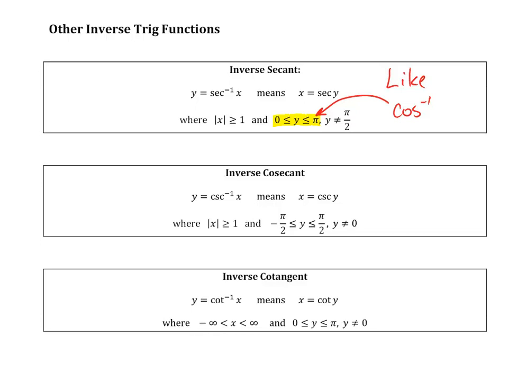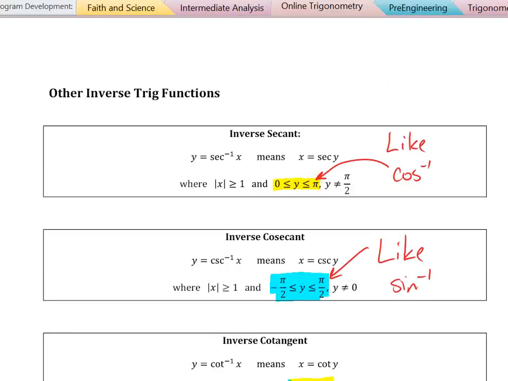On the other hand, the next one, we've got to be careful. Cotangent is a little bit trickier. Cotangent behaves actually like cosine. This is like sine inverse here, but cotangent behaves like inverse cosine. Now the reasoning is not hard to see. You just got to go back and think about